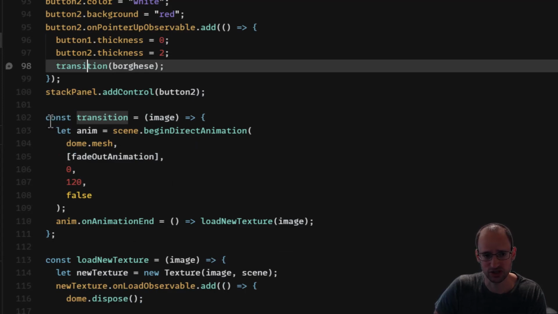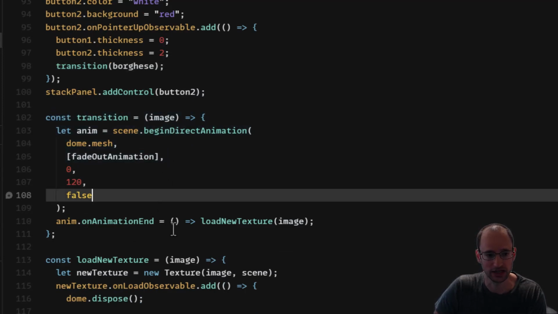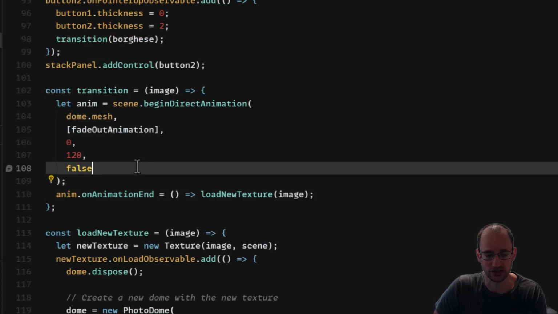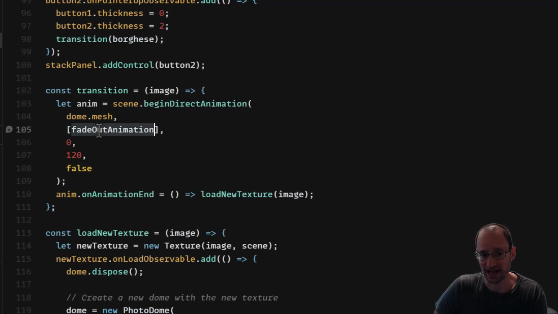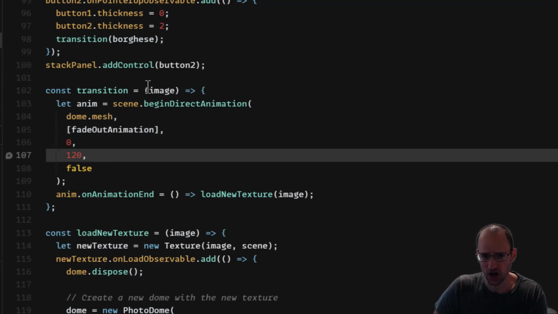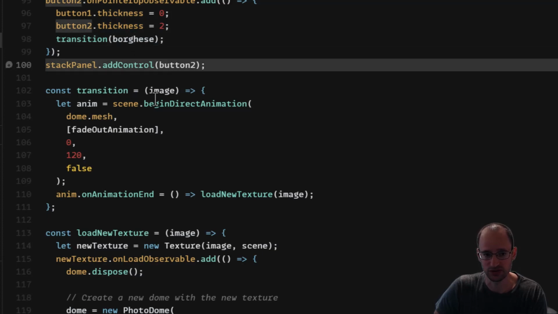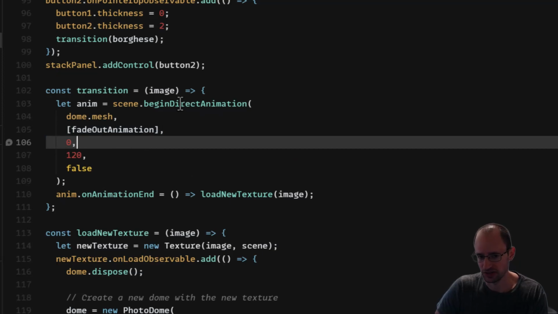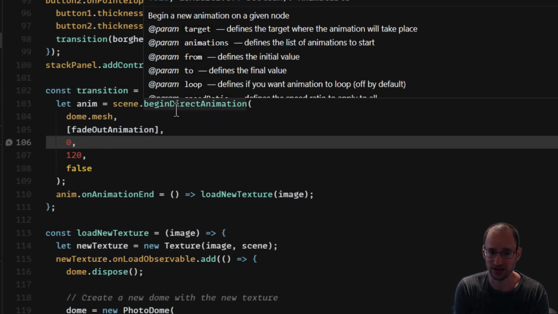Okay, so here's my transition function, and it is pretty straightforward. I've made animations below. I've made a fade out animation and I've made a fade in animation. This transition function accepts a new image reference as its argument, and what I've done is I'm just triggering the fade out animation. This is with the scene begin direct animation